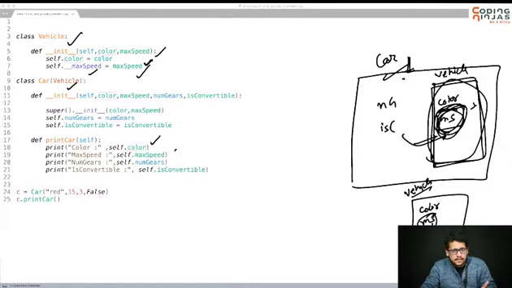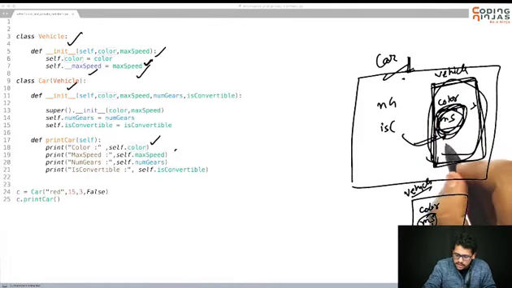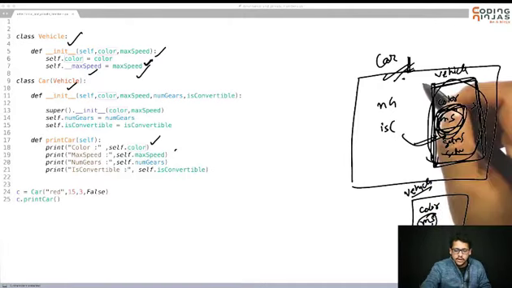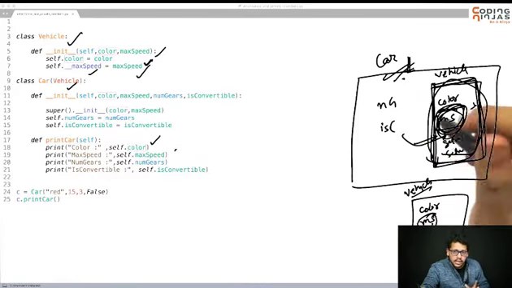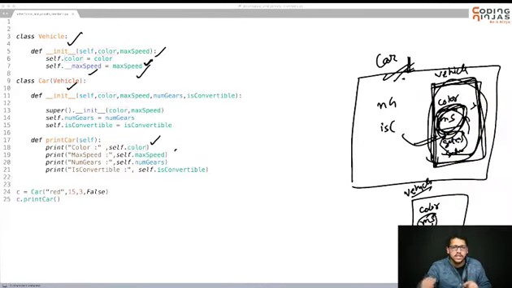So for doing that, I can have a getter and setter: a function get max speed and set max speed. I can access get max speed and set max speed through this car. I don't need to go to vehicle for that. Get max speed has access to this, so I will easily be able to access max speed. Okay, so let's quickly do that.